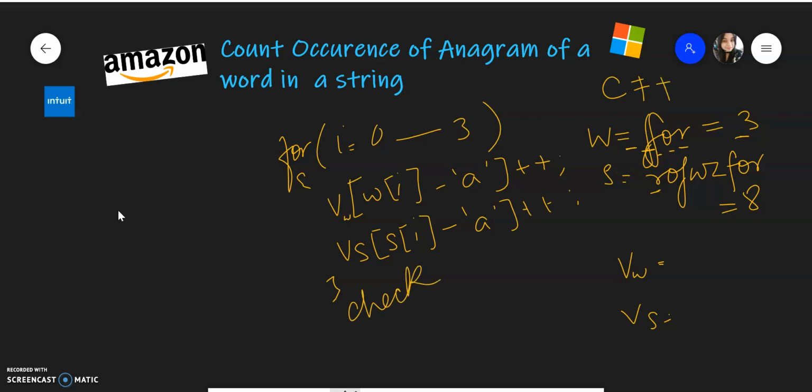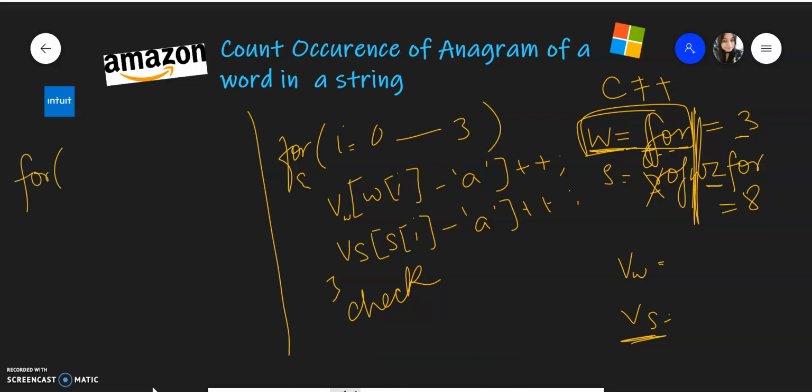After that comes the main part. Now here we have done till now. What we want to do now is move one window forward. We have to remove this R from this vector S and add this Z. This W will remain constant because this is a one-time thing that we had to do for finding out the frequencies. So let's try out what we'll do for the next things. We'll go from I is equal to 4 till the end, which is the length of S.